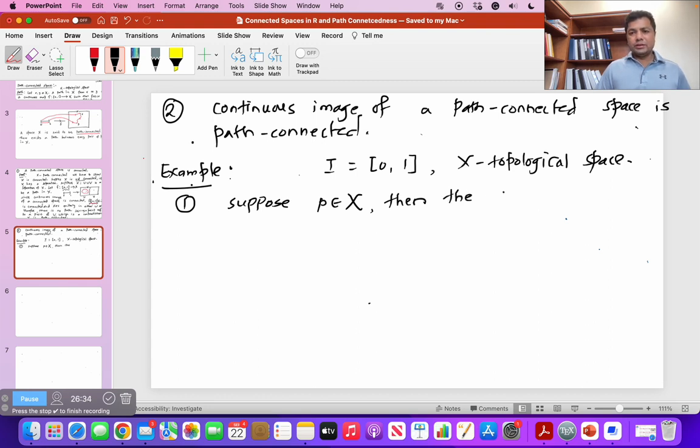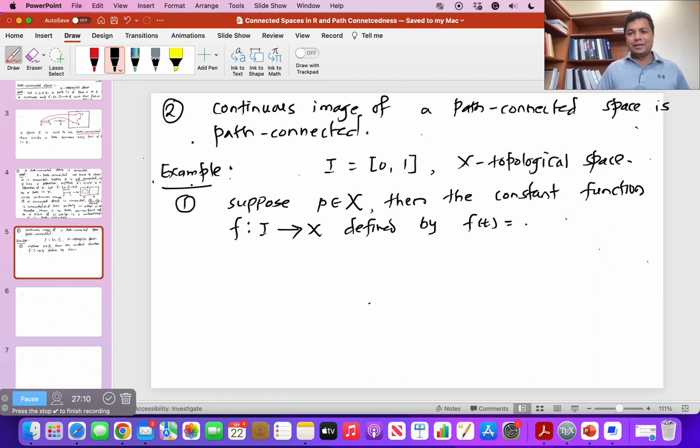the constant function f from I to X. Constant function means this function f maps every point of I to a point in X, and we are assuming that point is P. Then the constant function f from I to X defined by f of t equals P, where t is an element of I, is a path in X. So it's a path from P to itself,